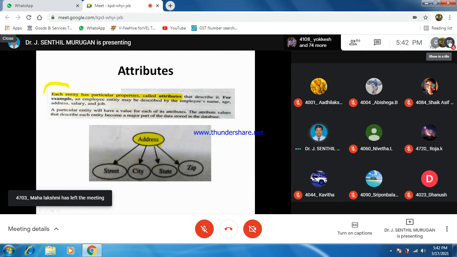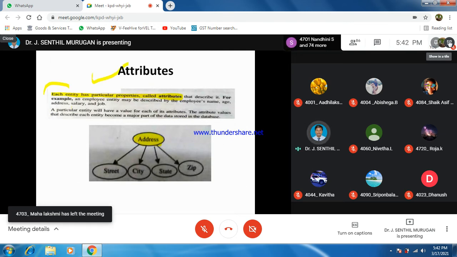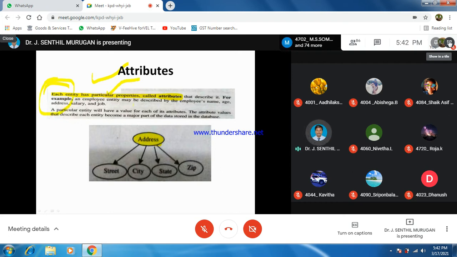Now, what are attributes? In each entity, there are particular properties, and those are called attributes. For a particular operation, the attributes can be described in a particular address.